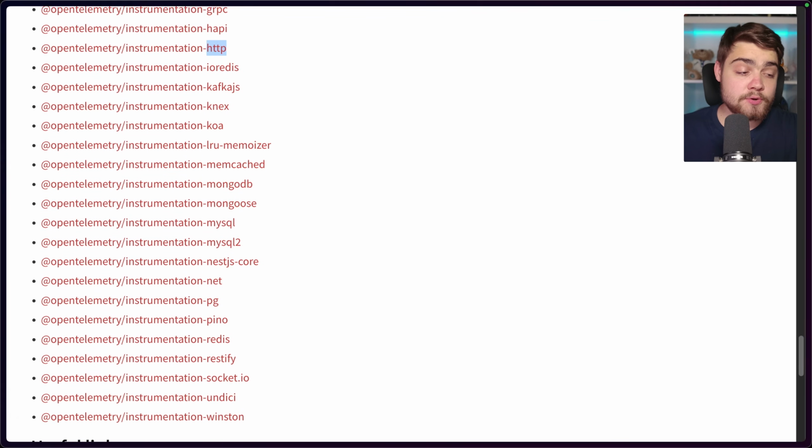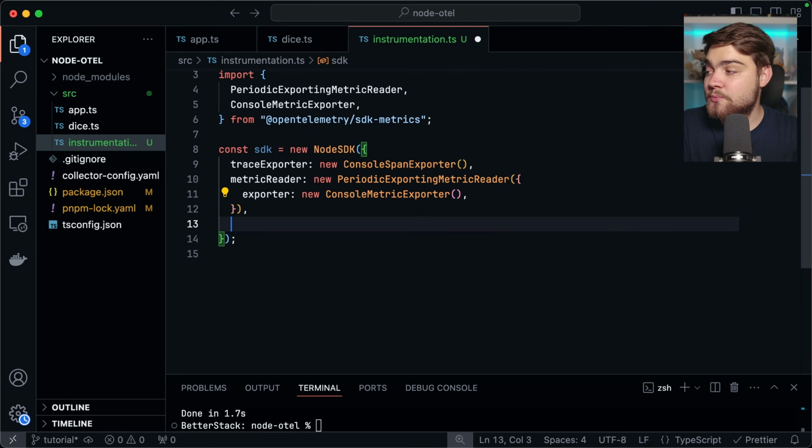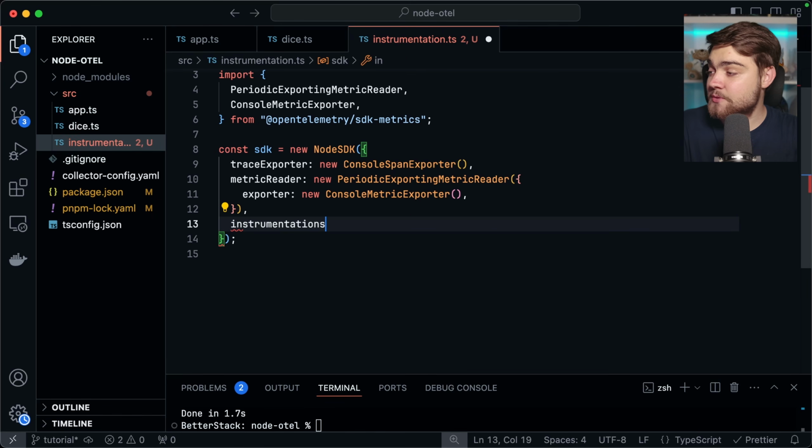Now, if we go back to the code, essentially what it's going to do is, as I said, set up the traces and metrics for us. So for our example, with an HTTP endpoint, if someone hits that, it's going to create a trace for that entire endpoint call and also log some of the metrics as well. So we don't need to create them, but we will also look at how we can create our own custom ones as well. But to set up the auto instrumentation, all we need is instrumentations,